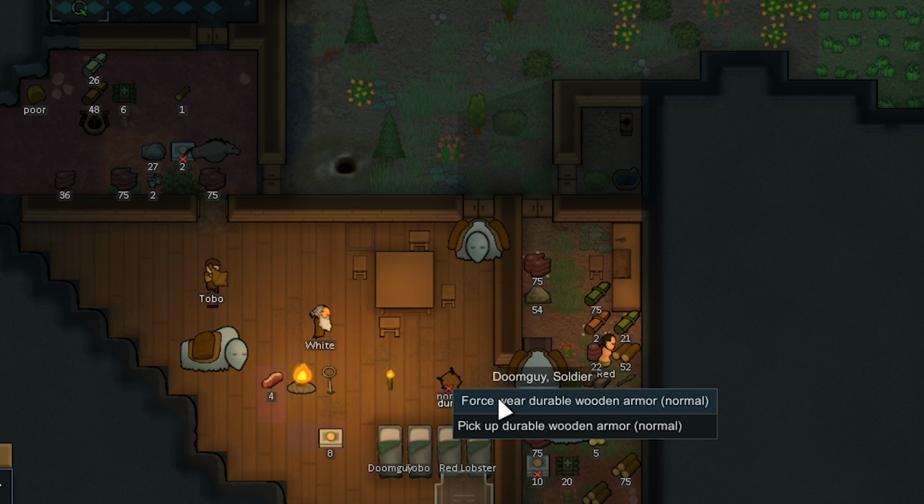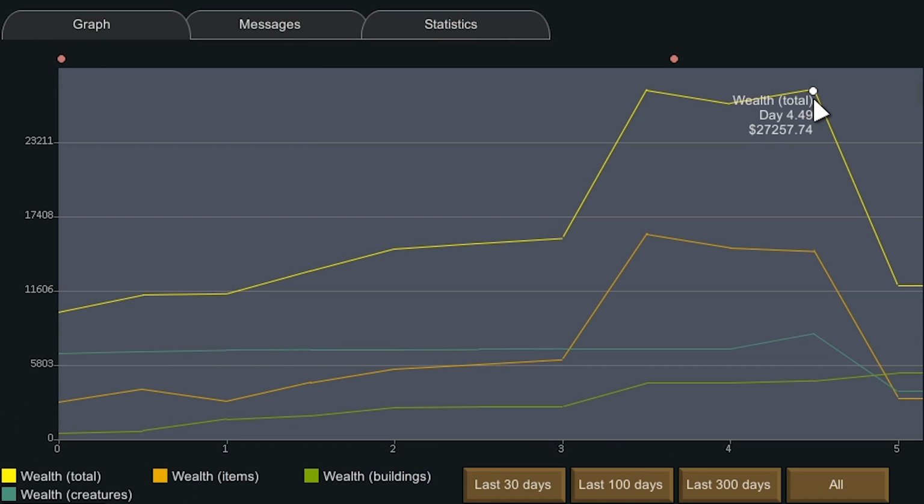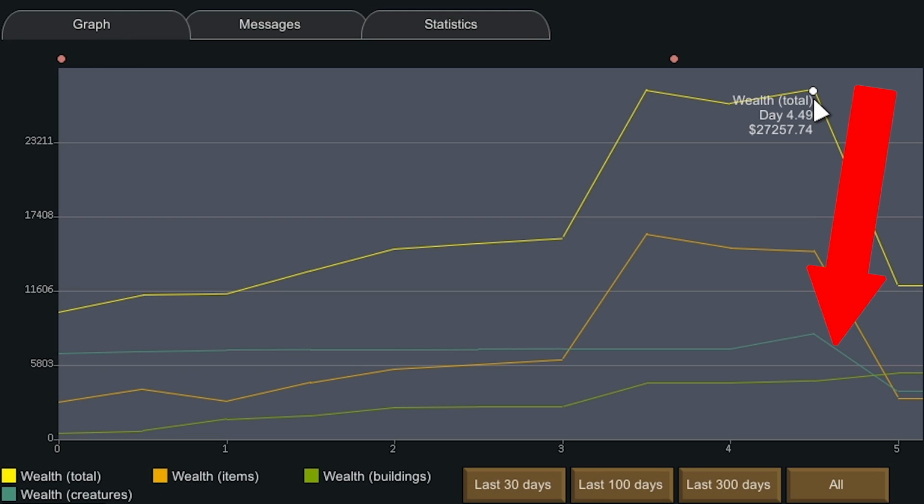On day 4.5, we grabbed all the random stuff that was lying around our base and all the goods from in the tomb and loaded them up on a caravan, and as you can see, our wealth went all the way down to 12k. A lot of that did have to do with the fact that White and Tobo both left the colony. Plus, we brought along all of our Muffalos, and Darcy and Silver are currently being ridden by Tobo and White. I guess that maybe accounts for like 4k of the wealth max,